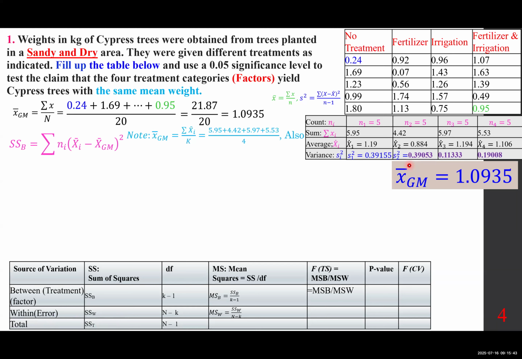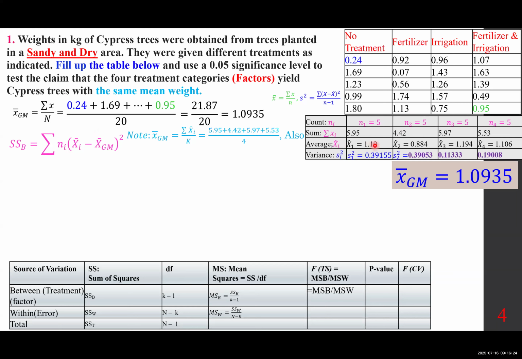Now the formula from the previous page: SSB, the sum of squares in between, is going to go there. It is n sub i times this quantity squared. For example, here, n sub i happens to be 5 for each one. They may be different. For example, n1 is 5, n2 is also 5, but it doesn't have to be. So for this one it is 5